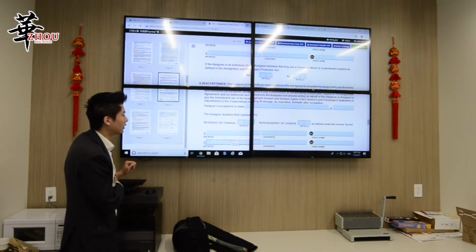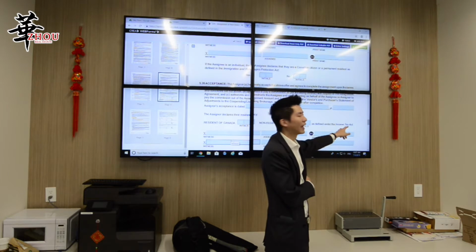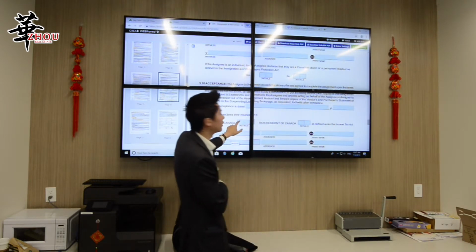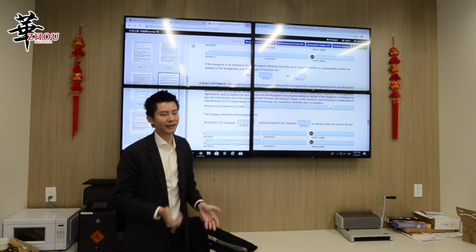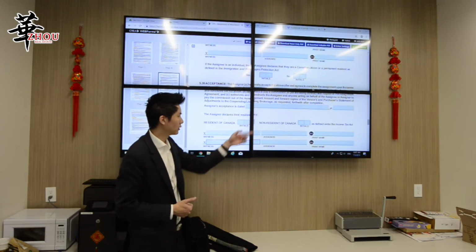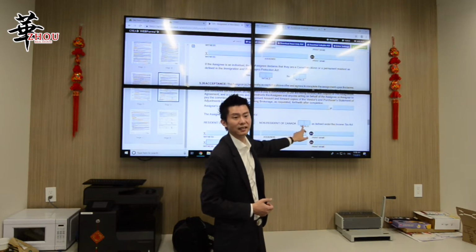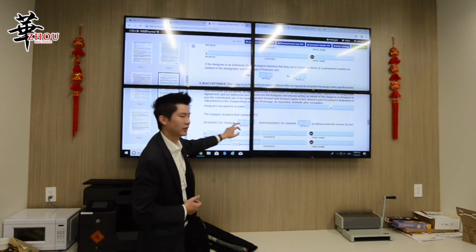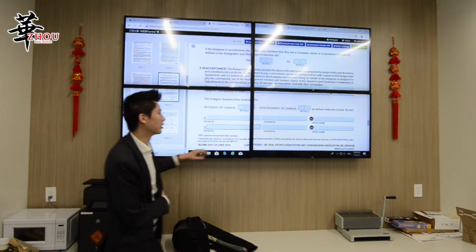For tax, it is defined as resident of Canada or non-resident of Canada as defined under the Income Tax Act. So when you initial this one, you have to be careful. If you're Canadian, but you don't pay tax here and you don't live here, then you have to initial here. Okay? Even if you're a Canadian citizen, if you're non-tax resident, then you initial here. If you pay tax here, you live here, you're a Canadian resident, then you initial on this side. Okay? Again, same thing for assignor.